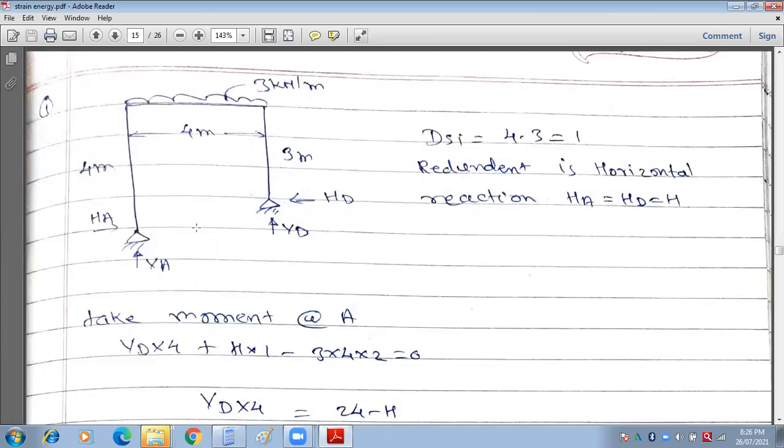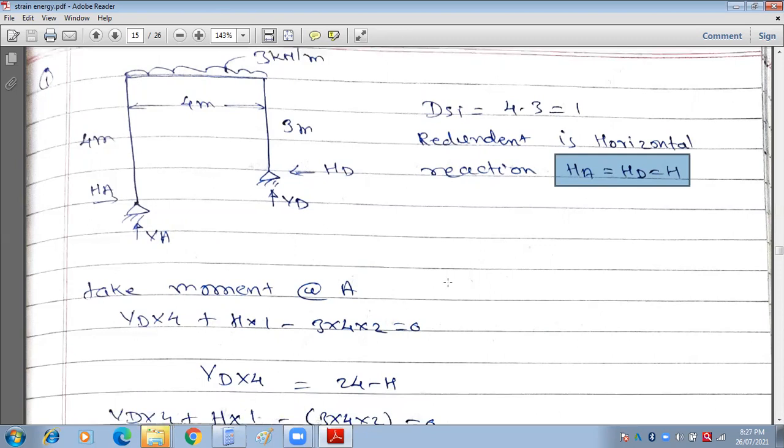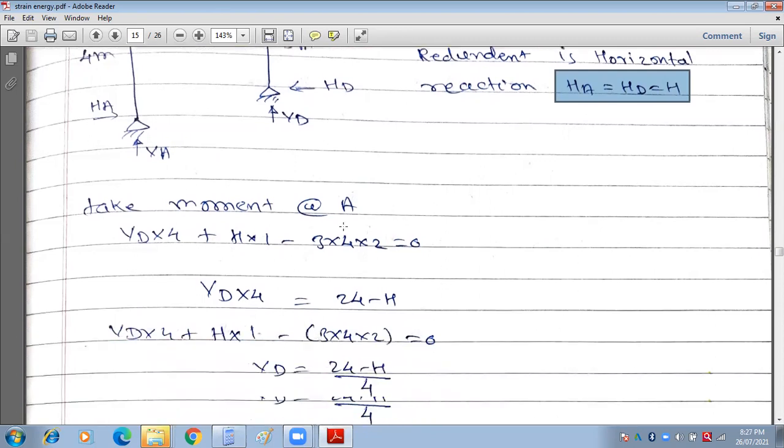Now the static indeterminacy of this frame: as we know, there are two unknowns over here and two unknowns over here. That's why 4 minus 3 becomes 1, that is, the redundant is 1. Let us consider HA and HD equal, so HA and HD are equal to H, because there is no horizontal load. That's why this reaction must be equal, and we are considering this H as our unknown. Now to find this unknown H, let us take the moment of all the forces about point